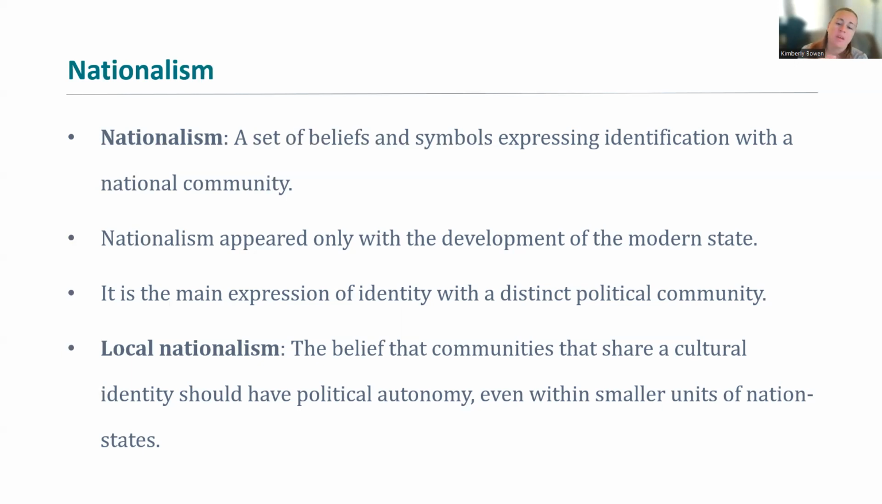Local nationalism is a belief that communities that share a cultural identity should have political autonomy, even within similar units of nation states. A good example of local nationalism would be states, like if you're super proud of where you come from. So like if you're from Texas, for example, and you're very proud to be a Texan, right? You want to be acknowledged within the nation state, but you also want to have that political autonomy to say,